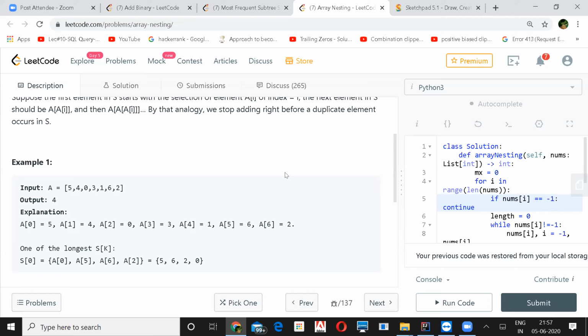So node 0 has a link to 5, node 5 has a link to 1, and node 1 has a link to 4, like that. Yeah, so it's a graph, and there are multiple components in that, and we are finding the largest component.